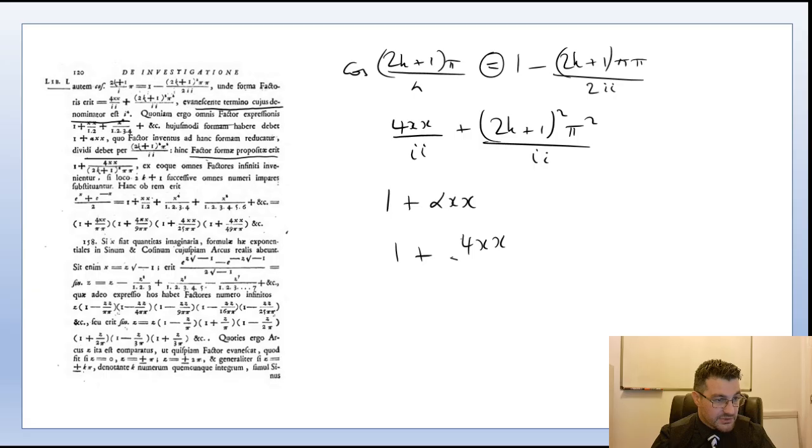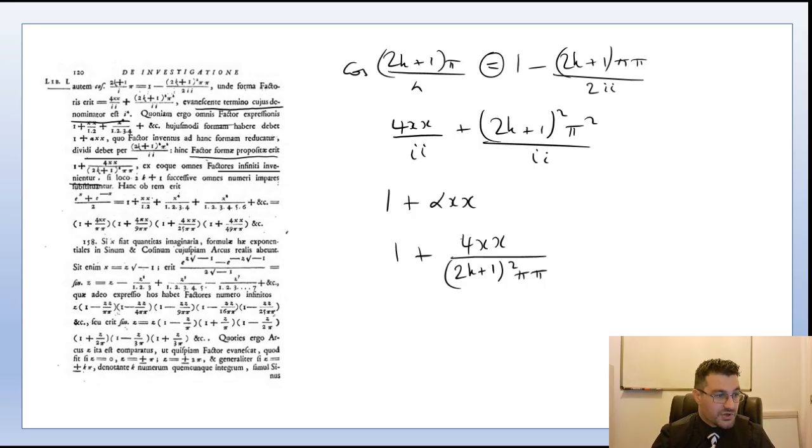So alpha is effectively 4 over 2k plus 1 squared pi squared, from which all infinite number of factors can be found,